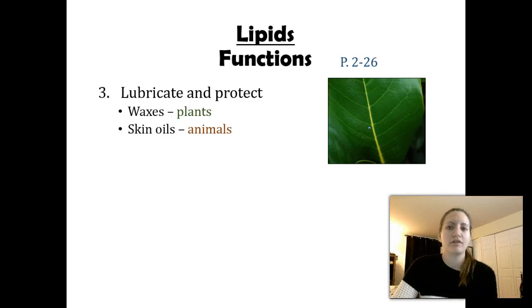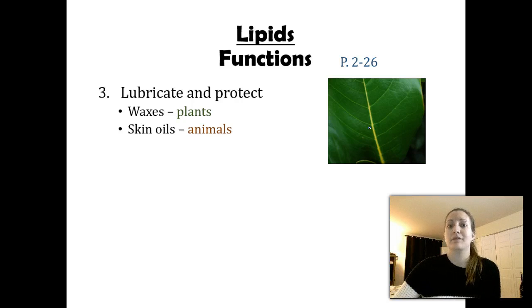Another function of lipids you see a lot in plants, and we talked a little bit in animals. So it's great for lubrication. Think about our skin oils. Those oils are lining all of our skin. Some areas of our body are oilier than others. Some are drier, like our hands or our elbows or our feet. But these oils act not only as a way to prevent our skin from drying out, but as a first line of defense against diseases and bacteria.